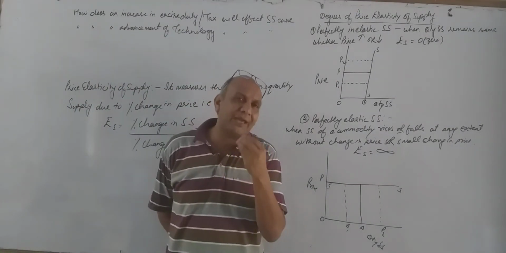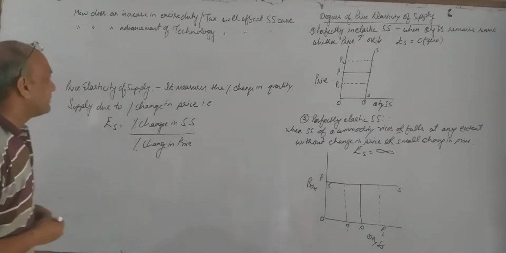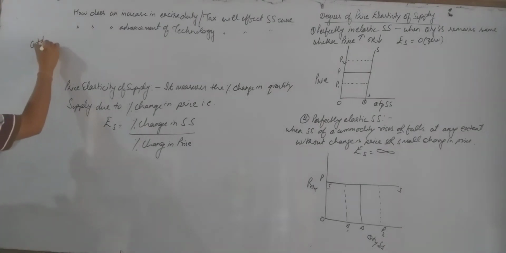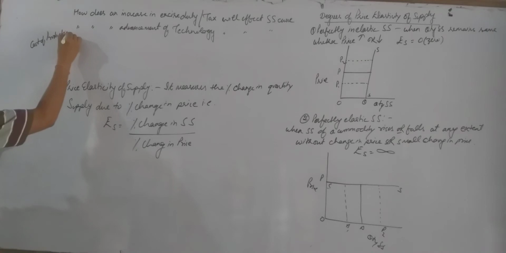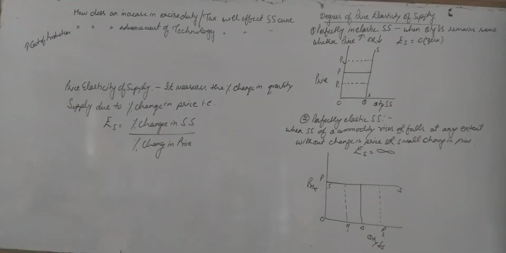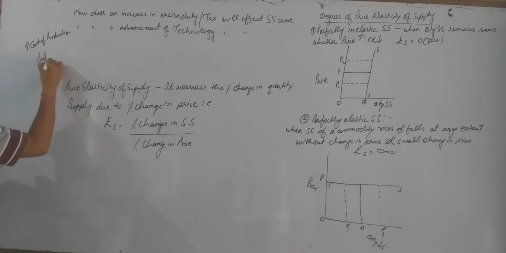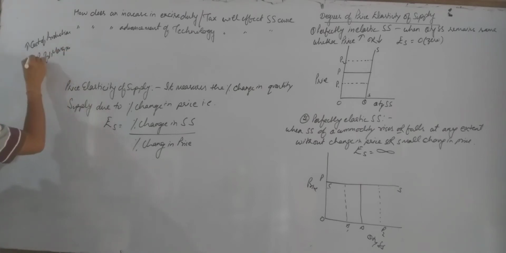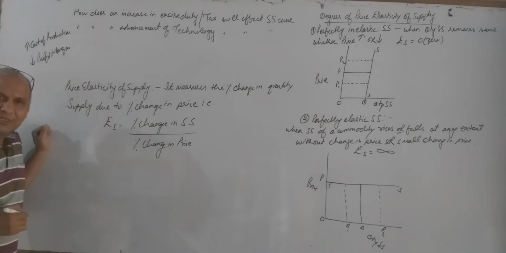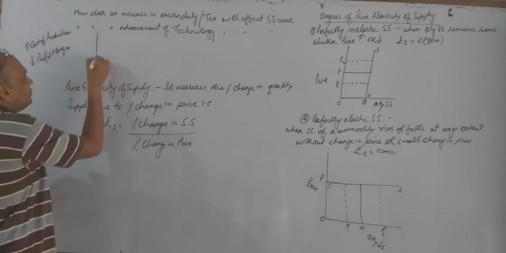If excise duty or any tax is increased or imposed by the government on the commodity, what will happen, my dear? Our cost of production will increase. Is it or not? हमारी जो cost of production है वो बढ़ जाएगी, क्योंकि हमें ज़्यादा टैक्स देना पड़ेगा. And if cost of production increases, my profit margin will reduce. मेरा profit margin कम हो जाएगा. If my profit margin reduces, what will happen? What will I do? I will reduce the supply. So what is going to happen in this case?